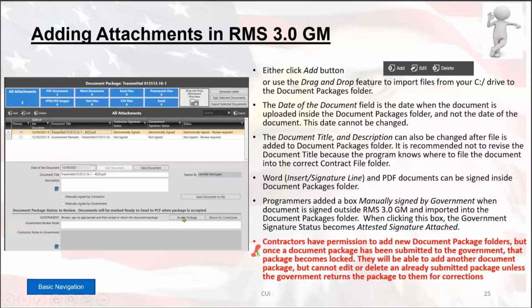If you do not see this accept package or return for corrections, more than likely, if it came from the contractor, they did not submit the document package to the government for review. You're going to need to go back to the contractor and say, hey, I need you to submit this document package to me for review so I can go ahead and take a look at this thing. You're going to go through and look at everything in here, and then when everything's good to go,